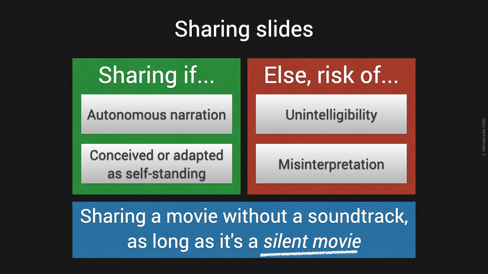And it's funny, it's ironic, that I've been repeating this for years, and now this year I have to make this kind of voice-over version of my presentation, where for once it's perfectly all right to share my slides because I share them along with the talk. You have the slides and you have the talk and you have them synchronized, so I have absolutely no issues sharing my slides because I know I'm sharing a movie with the soundtrack and not a movie without the soundtrack while it was not a silent movie.